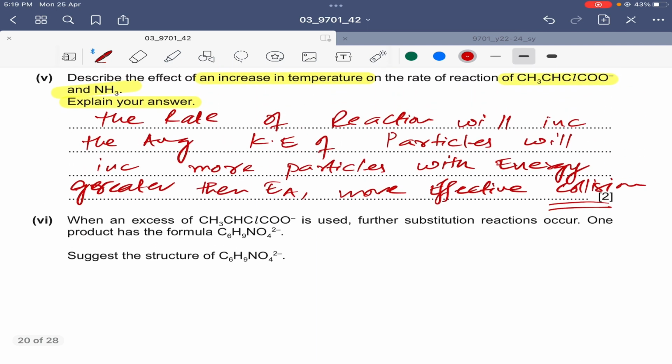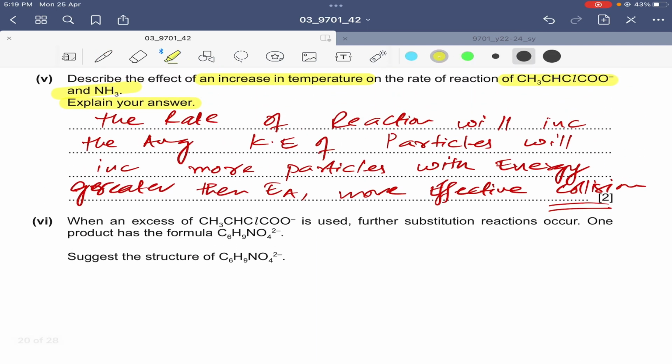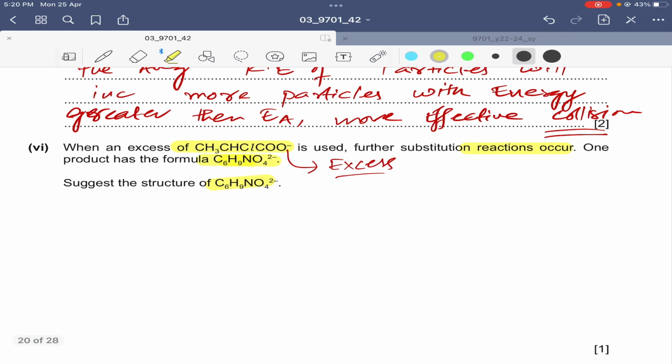All right. Now the next part is the last part of this question. When an excess of chloropropanoiodine is used, further substitution reactions occur. Previously they were using ammonia in excess, and now we are using chloropropanoiodine in excess. So further substitutions take place. One product has the formula C6H9NO4 2-, suggests the structure of C6H9NO4 2-. So basically we are reacting chloropropanoiodine CH3